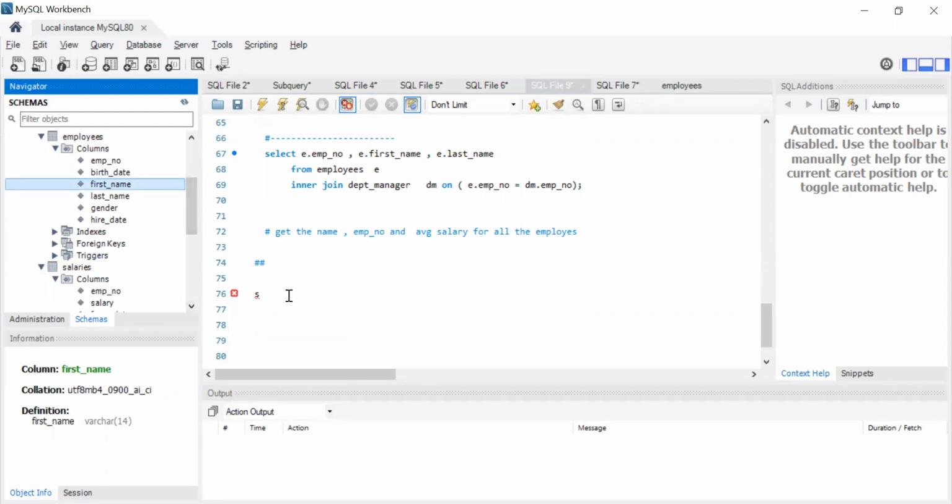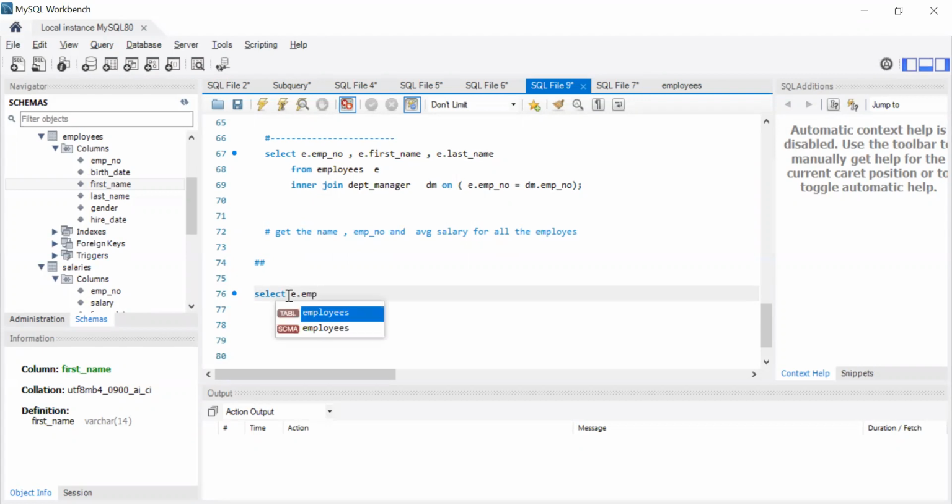Okay? So what I'll do is I'll say select. Can I directly say E dot employee number? Will people understand? Yes. Or do you want me to write employees dot employment number? Can I directly say E dot employment number, comma E dot first name, comma E dot last name. Okay? Then